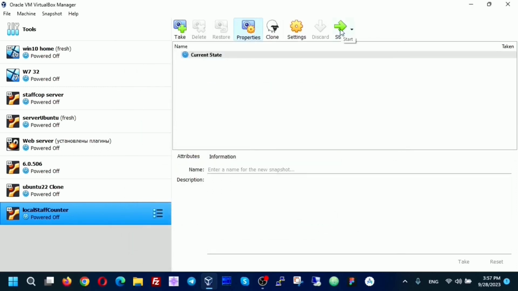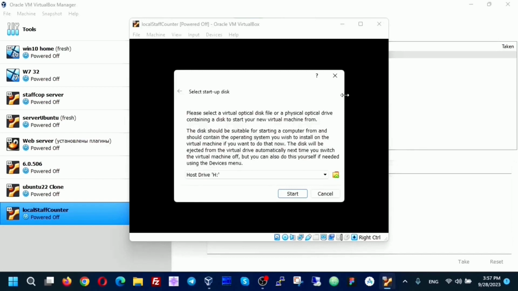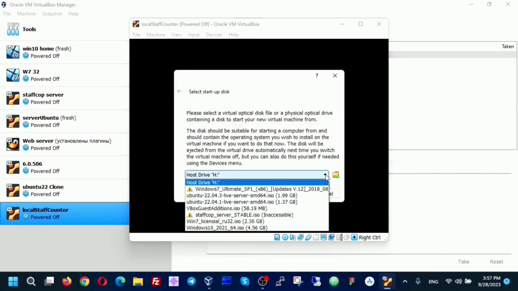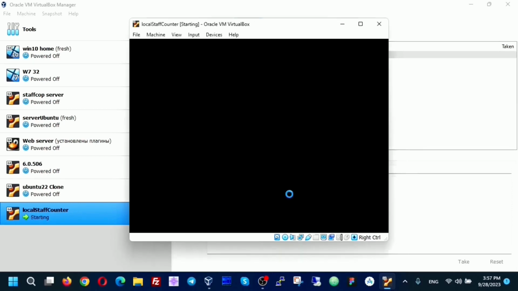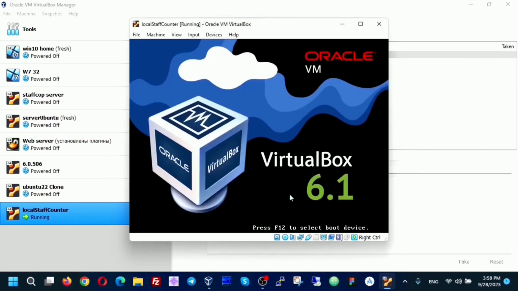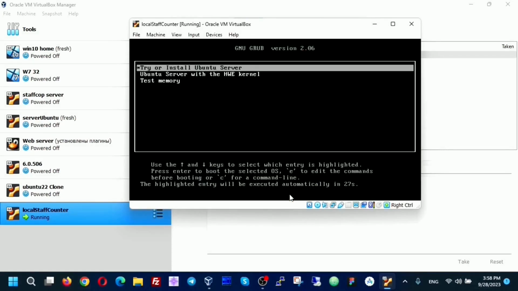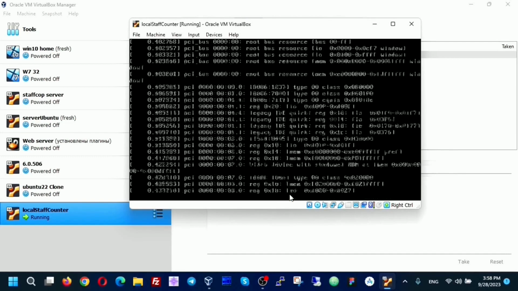Launch the virtual machine. VirtualBox asks again which image we want to use. We select the Ubuntu server image and click Start. Press Enter and the Ubuntu operating system boots from the boot disk.